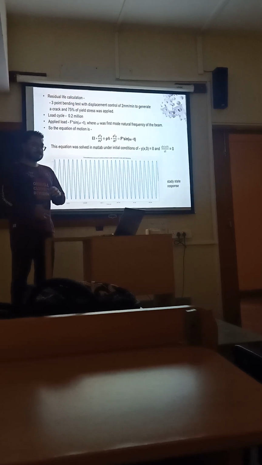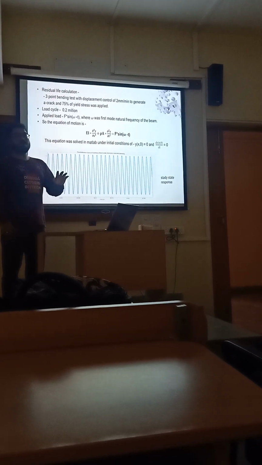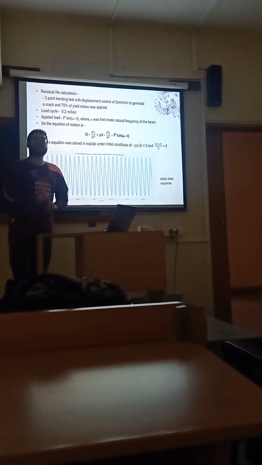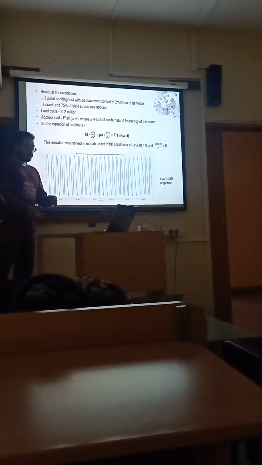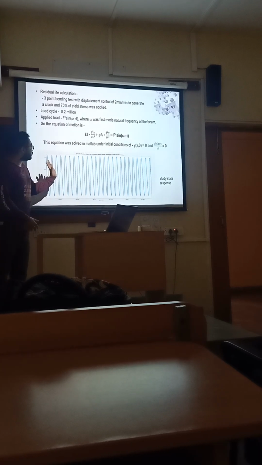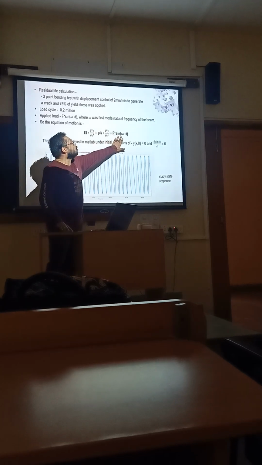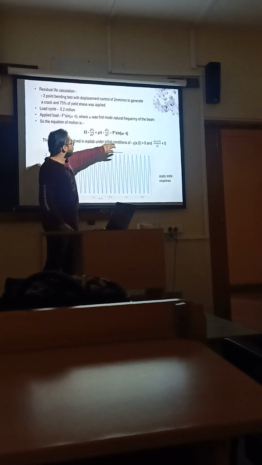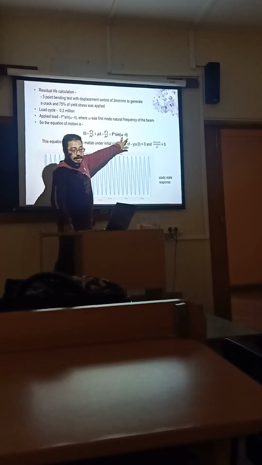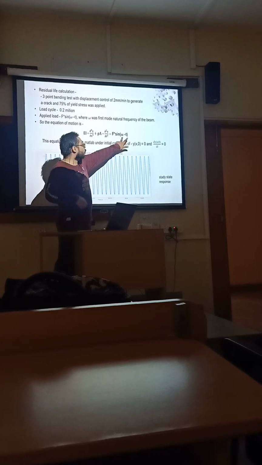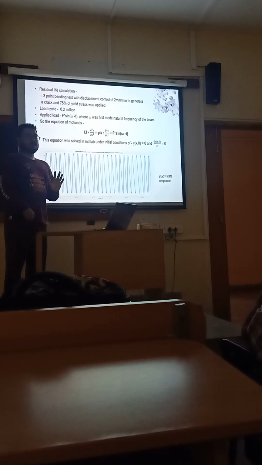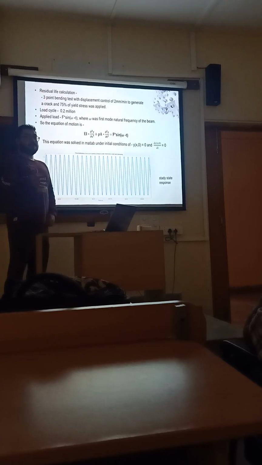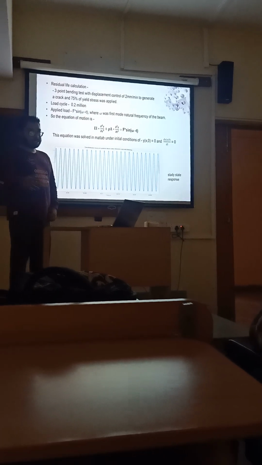So a 3-point bending test was done with displacement control at 2 mm per minute. 75% of yield stress was applied to form the crack. Now, for the mathematical framework, the same equation with the dynamic loading is applied. Now, in the dynamic loading scheme, omega is our second mode natural frequency. This is the omega. How will I calculate the f? Now, f was calculated in this manner: my loading was given by an electrodynamic shaker. Now, as per